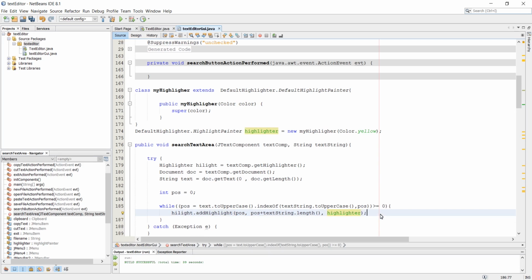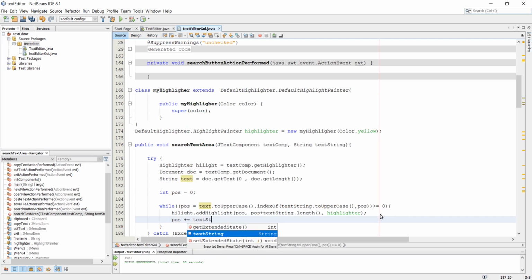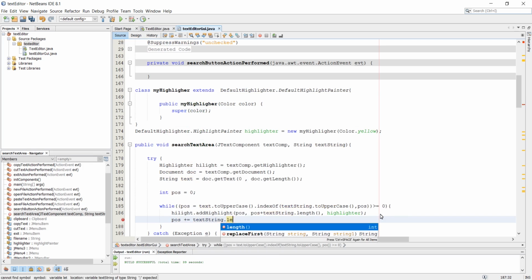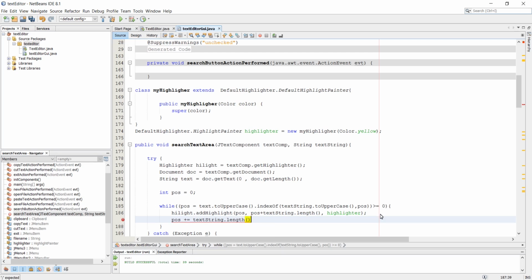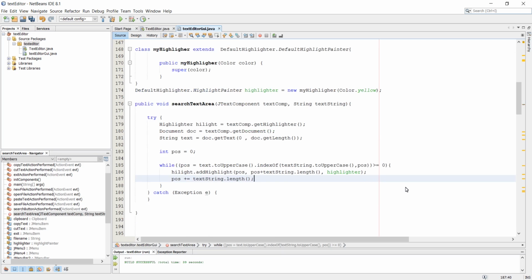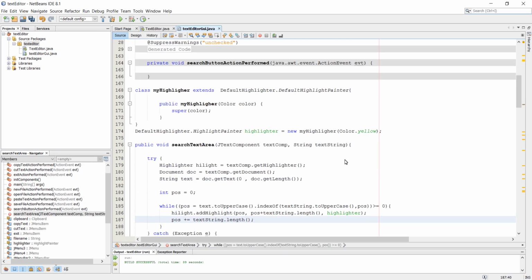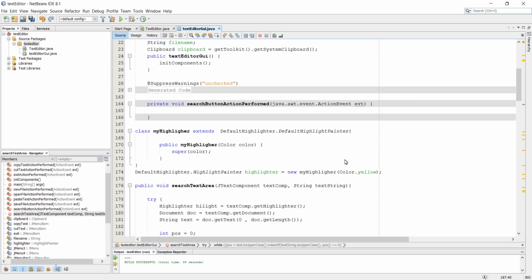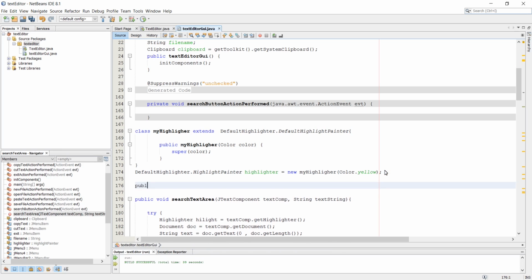Okay, then use that pause variable and initialize it with text string dot length. Okay, and then in the catch, don't worry about anything, and let's just try this if it's working. After that we're going to add another method here, a void, and we're going to name it remove